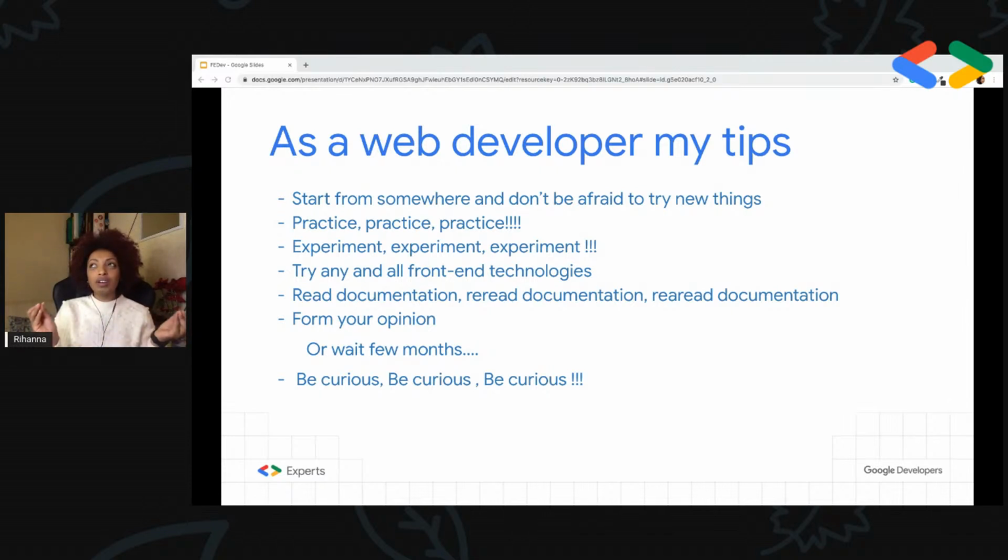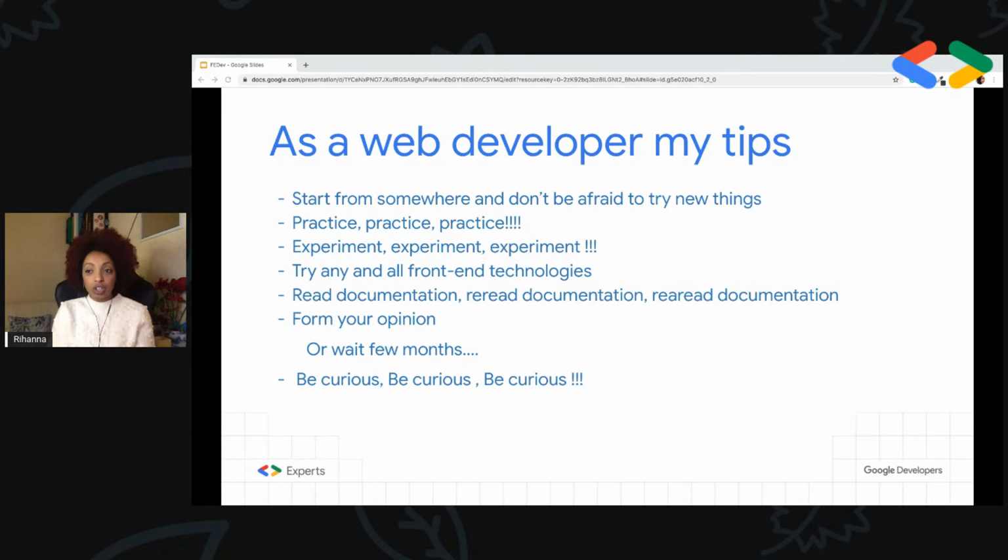The best thing about the front end is that you practice and you see what is going right in the browser in front of you. So in terms of the development life cycle or process, it is the one where you really see what you are doing right away. Try any and all, meaning not all, but just those that are commonly advised or famous front-end technologies.